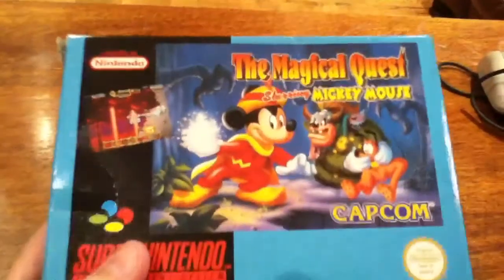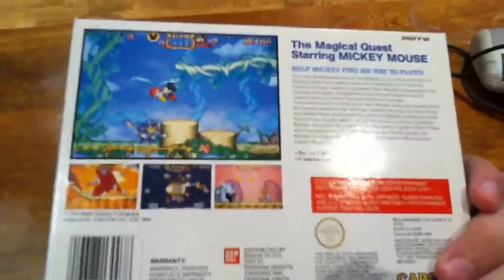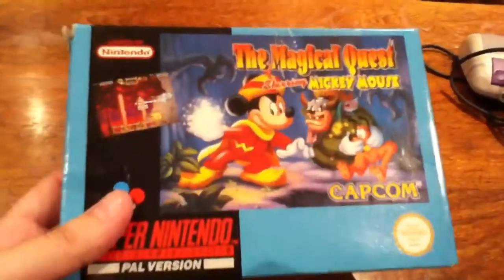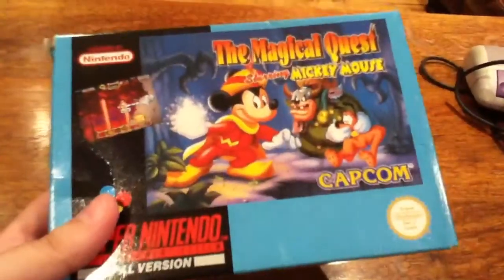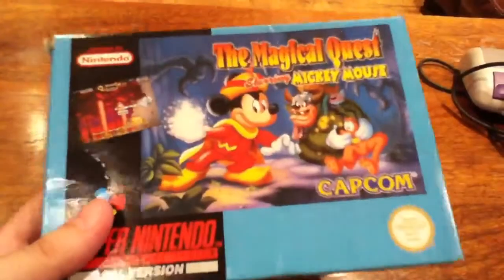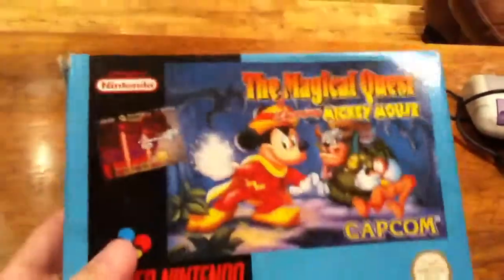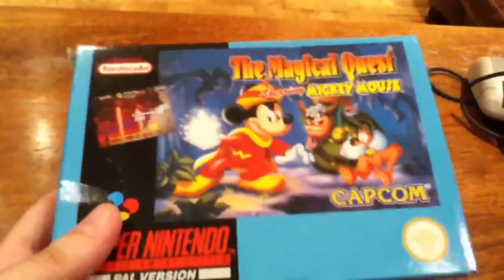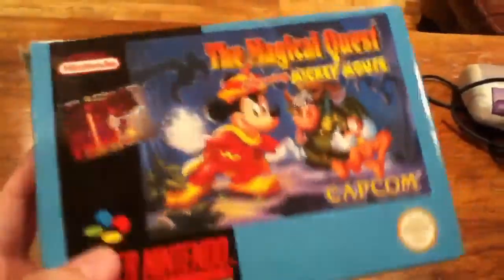Next up, we have what some may say is somewhat of an underrated gem. I definitely think so, anyway. And that is Magical Quest, starring Mickey Mouse. Now, a lot of people mostly remember Castle of Illusion and World of Illusion on the Mega Drive or Genesis, depending where you're from, and I do agree with that, but at the same time, I feel this one was definitely up there as well